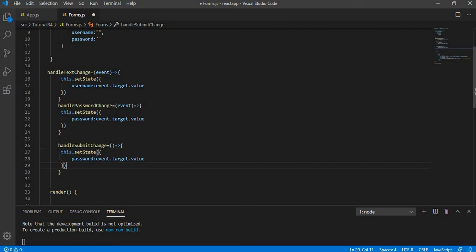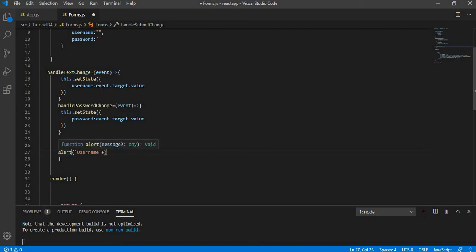And instead of the set state, I'm going to put an alert message saying this is the username and password. So I'm going to make username plus this dot state dot username, and then plus I'm going to mention the password as well.